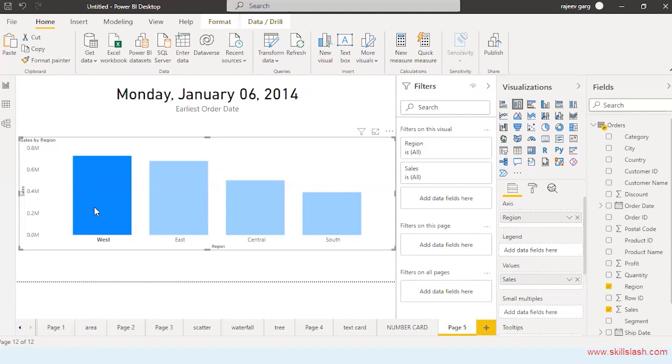So Monday, January 6, 2014 is the date on which we have received the first order from the Western region. East it is 5th of January, Central it is 3rd of January, and South it is 6th of January. That means the first order has been received from the Central on 3rd of January.